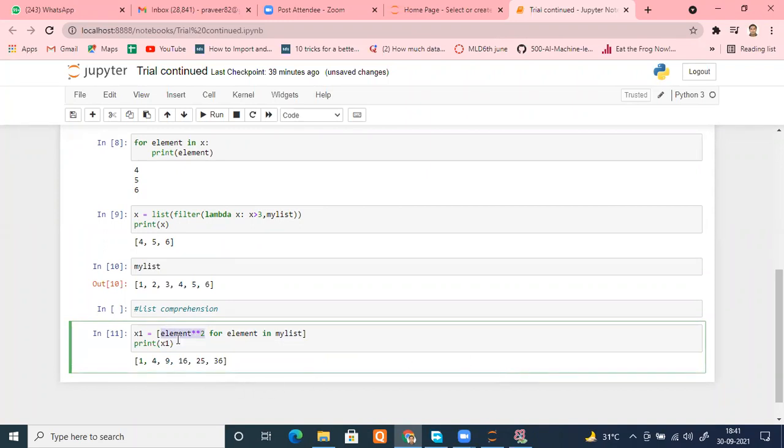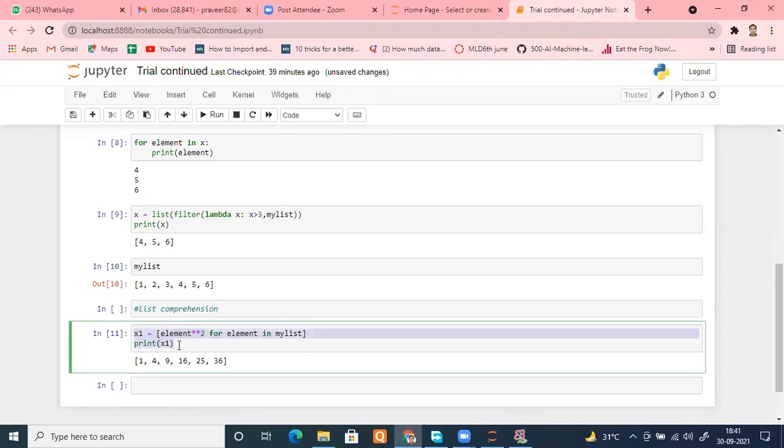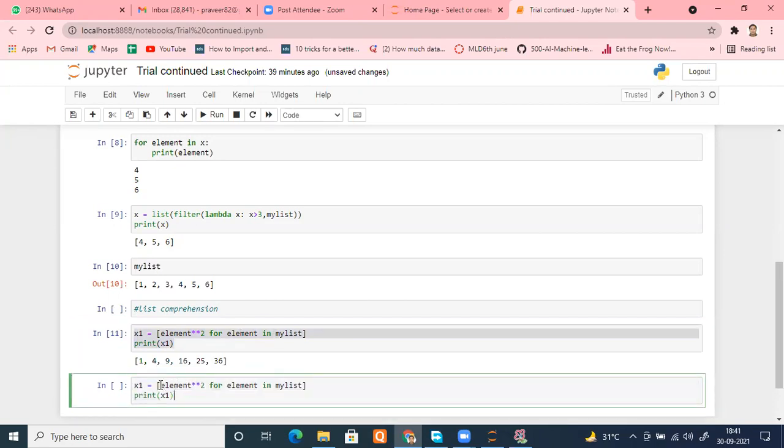It's not mandatory that you have to use the element at any cost. Remember, it's not mandatory. Suppose in any case, for every element, I want a constant value. That I can also do. It's up to me what I expect for every element. It's entirely up to me. Suppose I need a constant value for every element, let's say 14 or 15 or 16, 21.